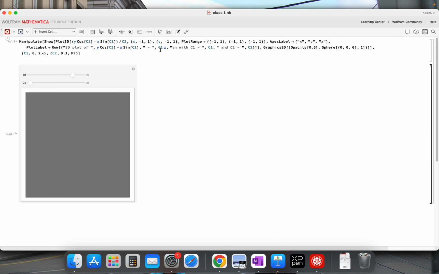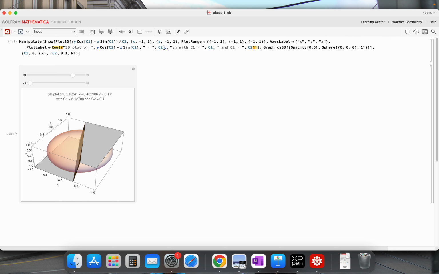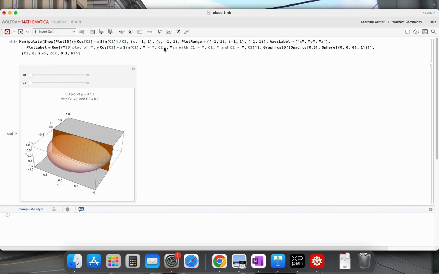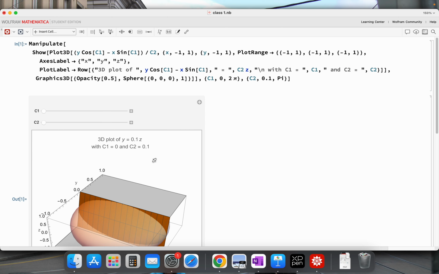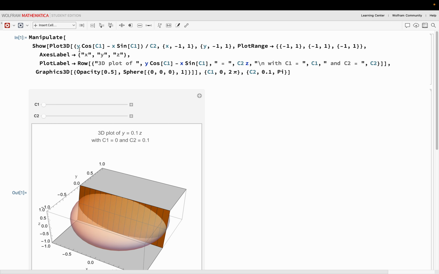It will show the animation. See, here this is the same equation. You can see y cos c1 x minus x sin c1. Is it visible? Yes, sir. Now it should be visible, right? So you can see that I'm plotting a 3D plot with the function y cos c1 x sin c1,